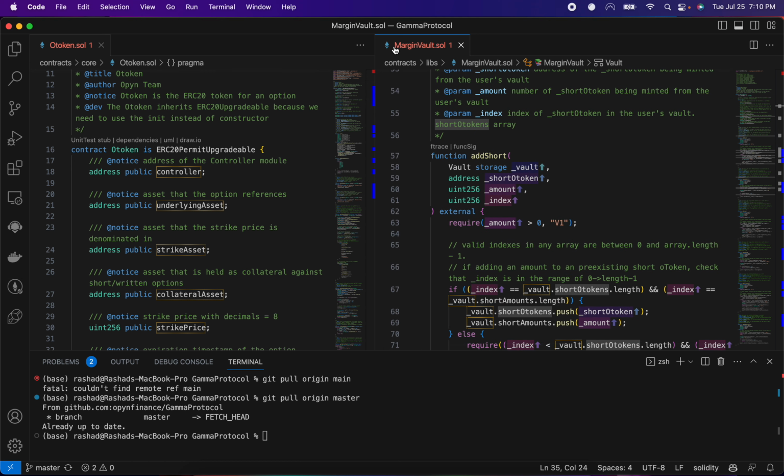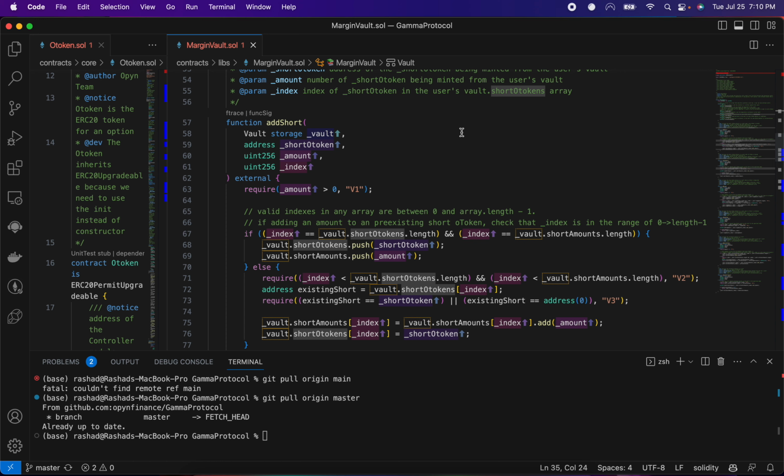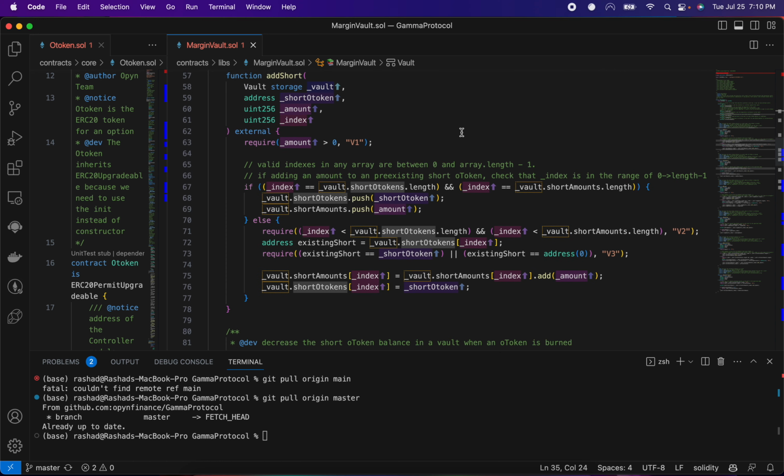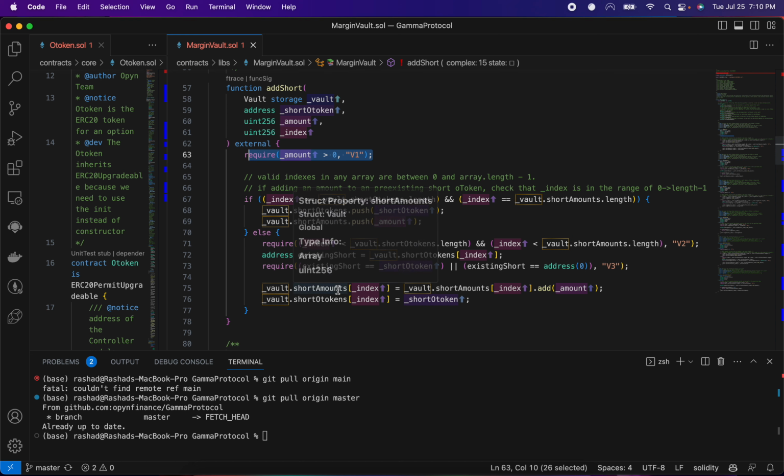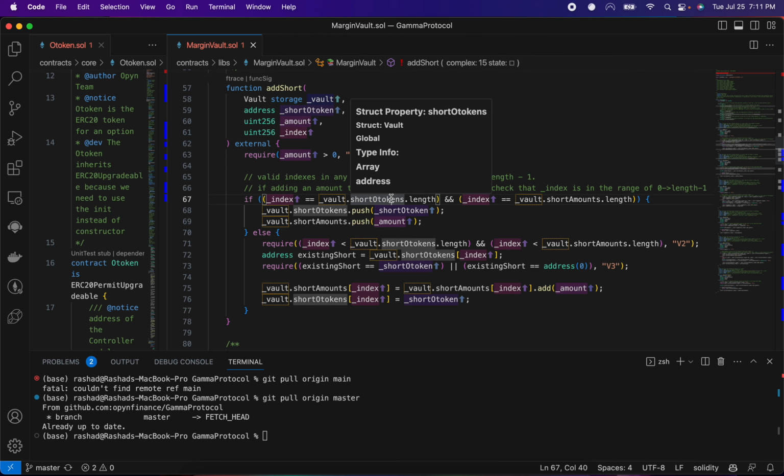Let's look at how a short O token is added to the vault, right? So we have all these conditions we have to check. It's just kind of a technical operation here, but it's just some basic if-else logic, right? Obviously we have to add something that's non-zero to the vault. That's an error, that's your V1 error. The index has to be at the end of the array, so we're not overwriting any tokens here, otherwise you